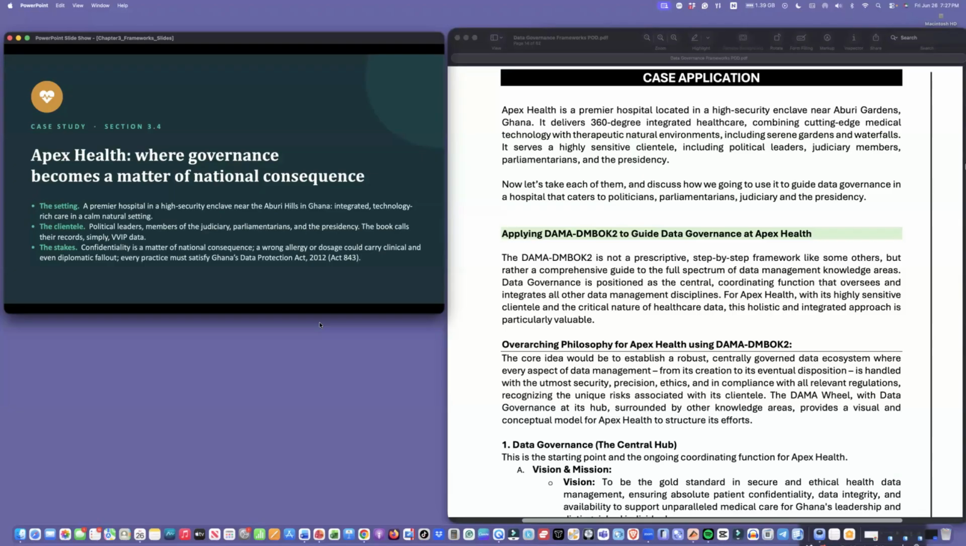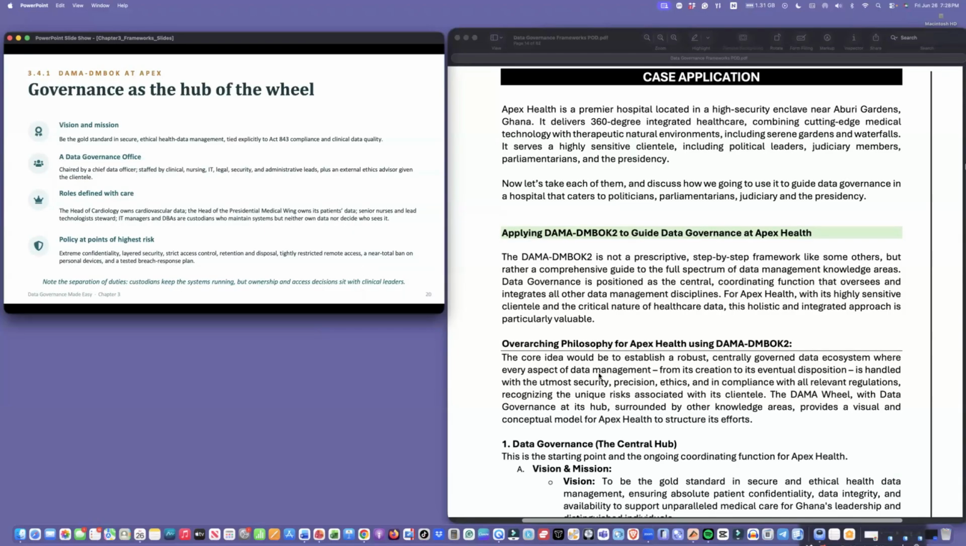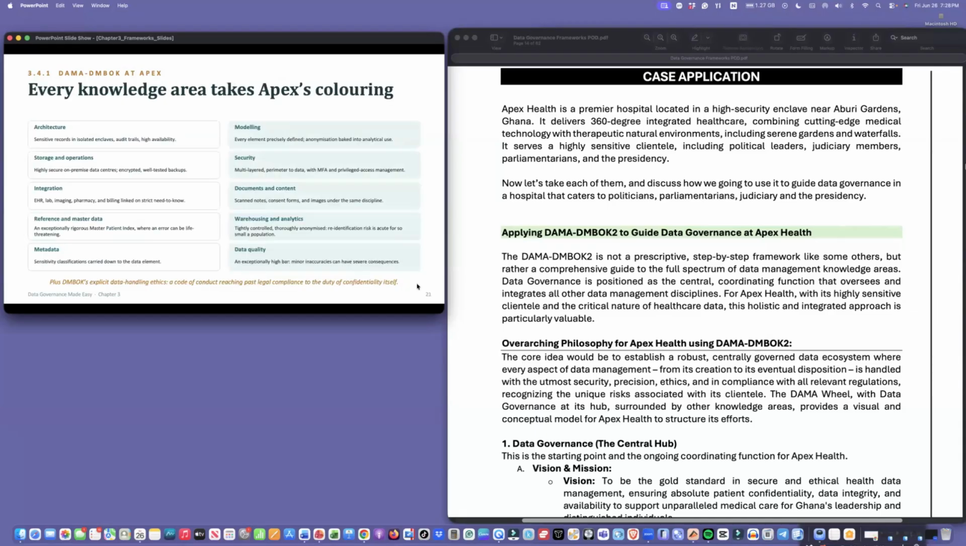Okay. Now, the DAMA DM block, if you're going to apply it to Apex Health, this is what will happen. So we would first of all want to think about establishing the governance hub. So DAMA has a number of different hubs that come together. And the first hub is the governance hub. And that's the central part. Then it has another hub called the